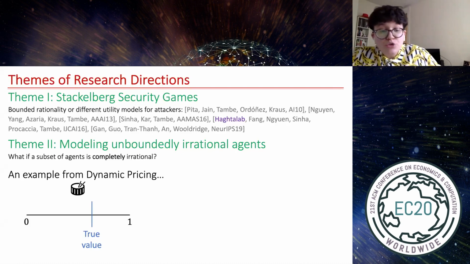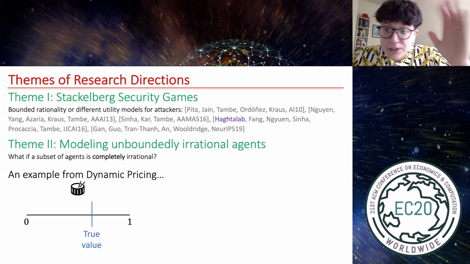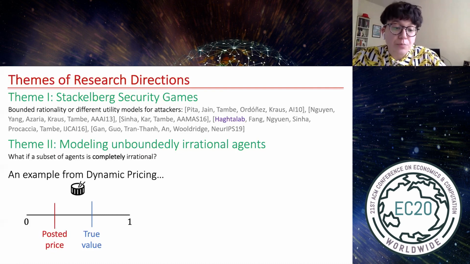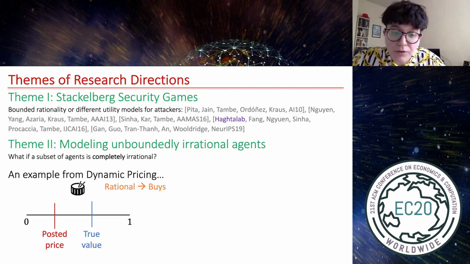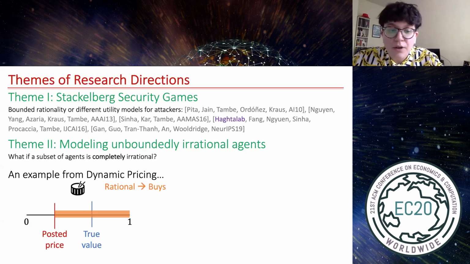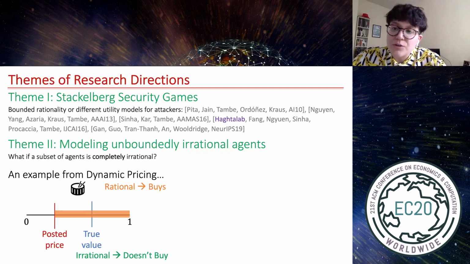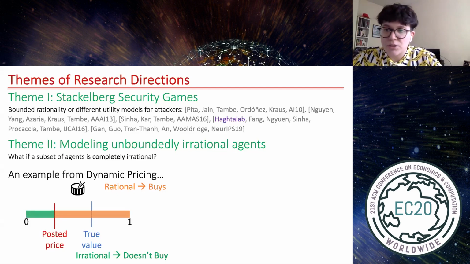The agent's true value is this blue line, but you don't know it. So you post this price here, the red price, and the agent tells you that, no, I'm not going to buy, because they are irrational. If they were rational, they would buy because the price is below their true value. So if they were rational, you would keep the orange space, but now that they are completely irrational, they do not buy. So you end up keeping just this small space here,